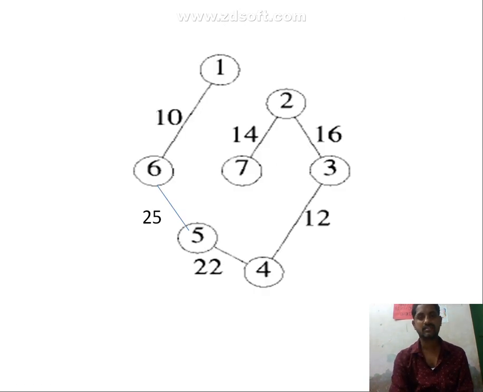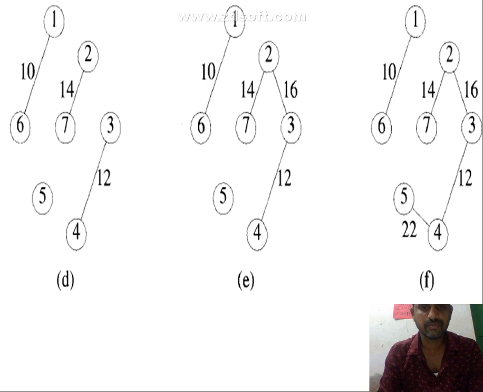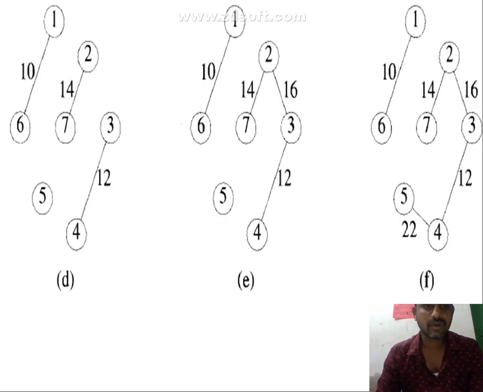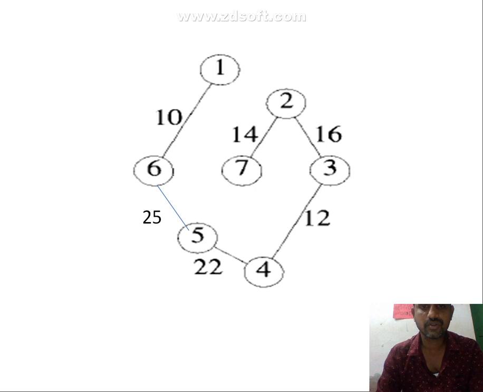Now we have to construct 1 to 6, 6 to 5, 5 to 4, 4 to 3, 3 to 2, 2 to 7. So likewise we have to construct the algorithm for Kruskal's. Simply here we can assign the minimum cost. So first minimum cost is 10, next minimum cost 12, next minimum cost 14, next minimum cost 16, next minimum cost 22 and next minimum cost 25. So likewise we have to construct Kruskal's algorithm